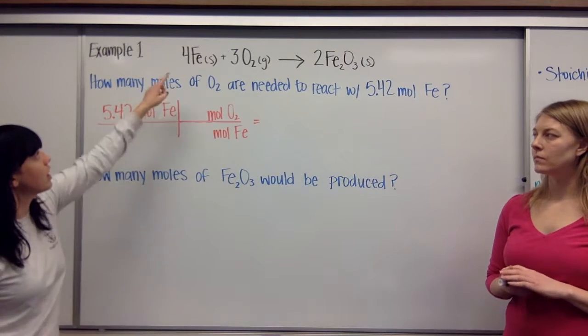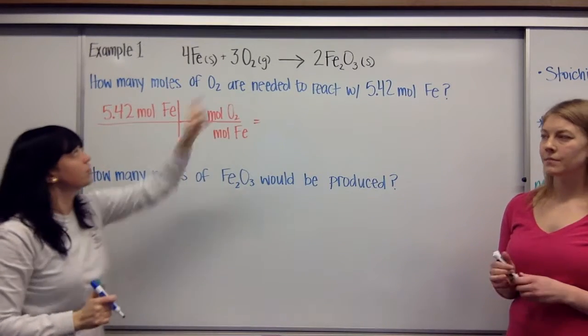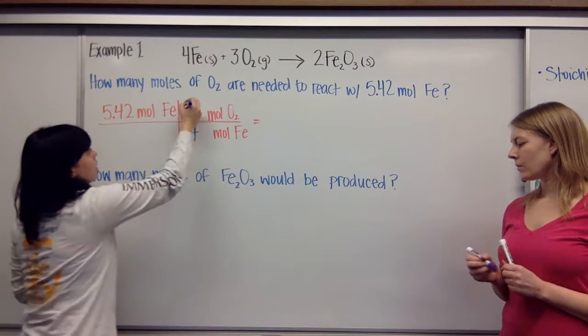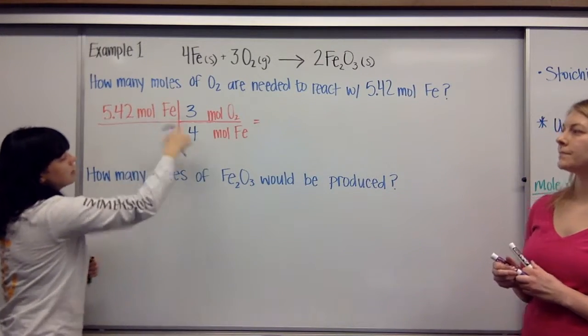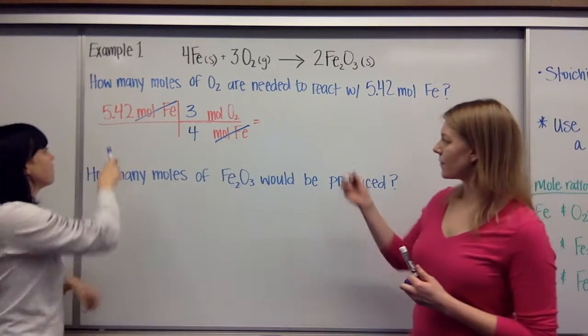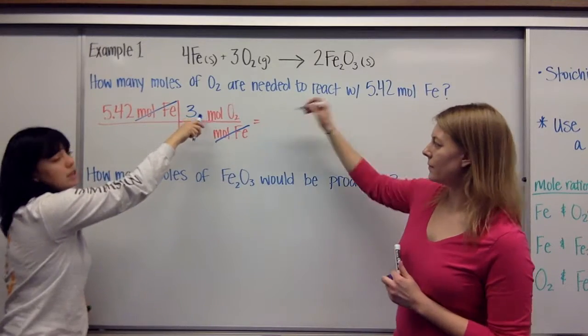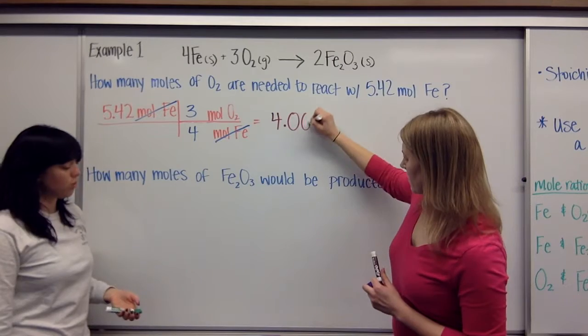So what we are doing is we have 4 moles of iron for every 3 moles of oxygen gas. So if I multiply across the top and divide by the bottom, first of all, my units cancel out, and I get 5.42 times 3 divided by 4, and I get 4.065